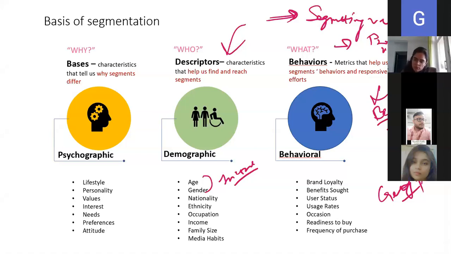Like people who are executives or 40 plus years of age, they will keep track of their health, they are more concerned about health, because what is believed on the basis of a stereotype is that people working in corporate and who are 40 plus have a high risk of having tensions. Right.